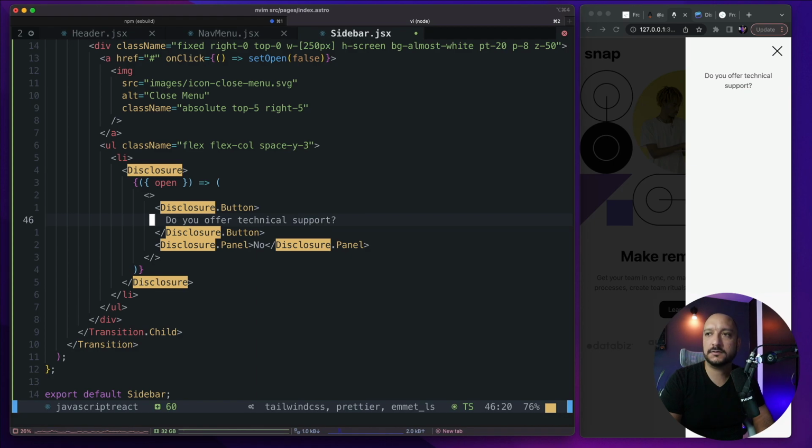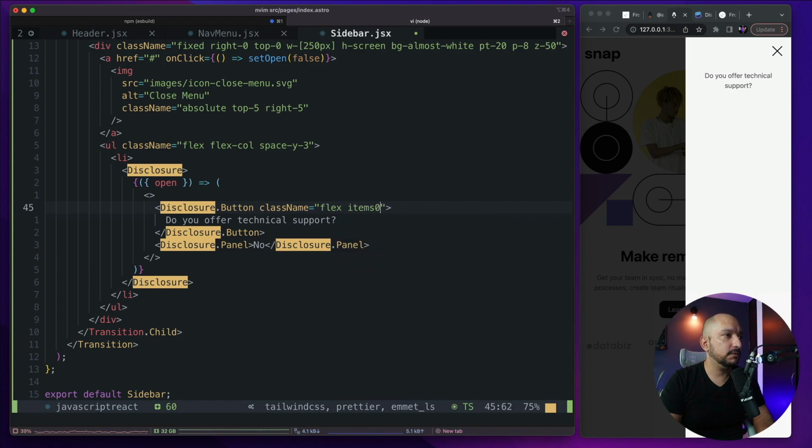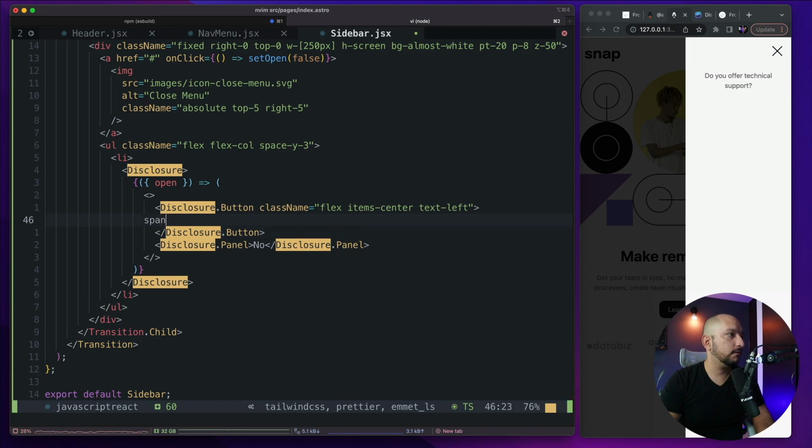Let's delete this. And this button should be a flex container. So this should say flex. Items should be centered vertically. And text should be aligned left. And inside this, I want to have a span tag. And inside the span tag, you should say features. And let's add some margin,